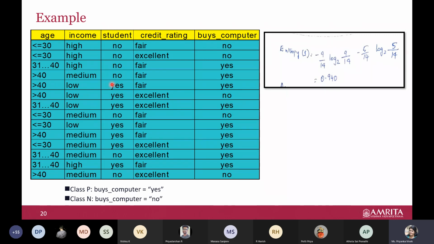So do you want me to just put the data set or the formula also? Data set is fine. Okay, so I'll put the data set. You all try once, let us see how it comes. And if you are getting confused while solving, we'll discuss it in the class. Is that fine? Anything else you want to say?